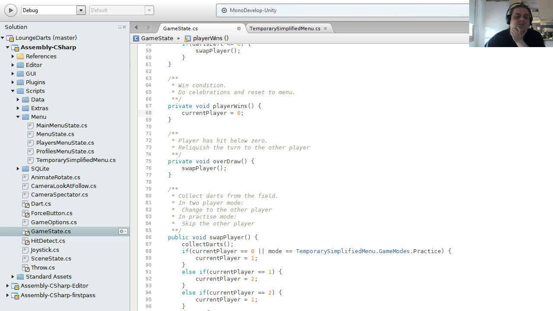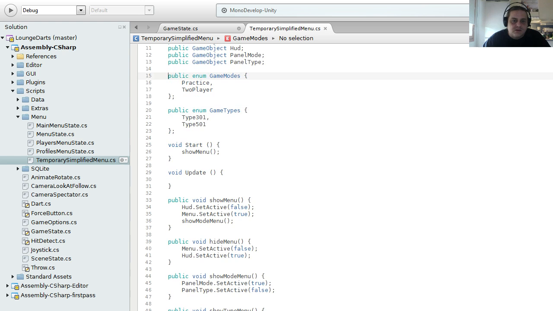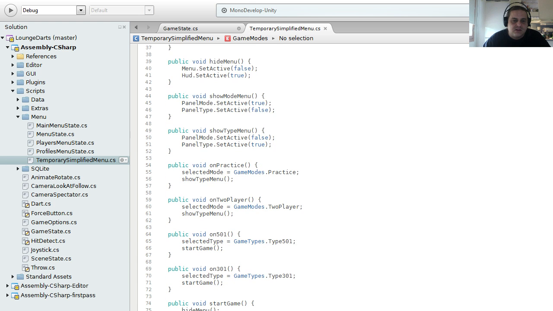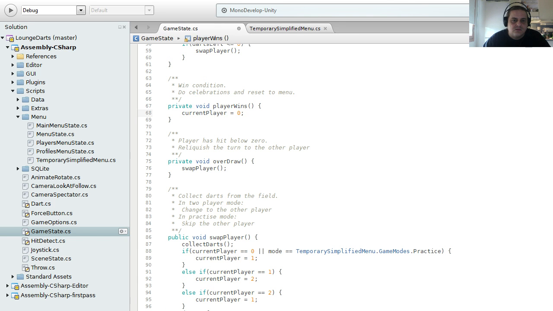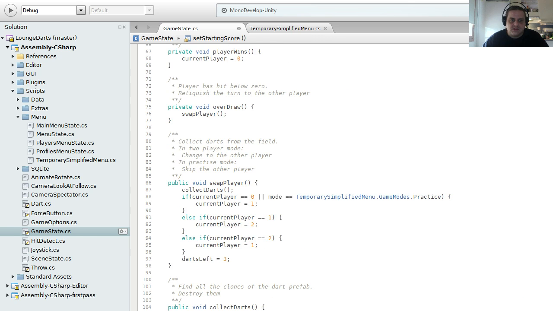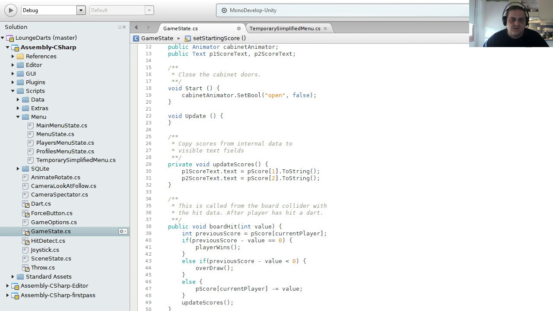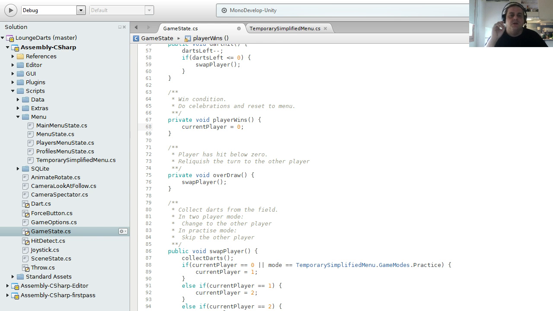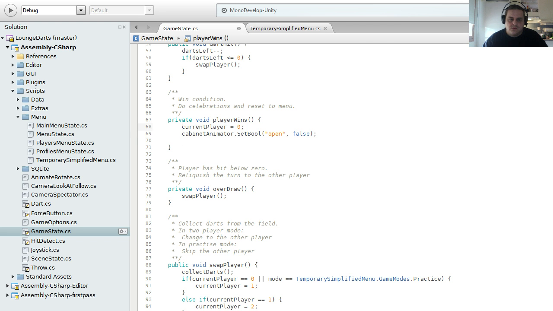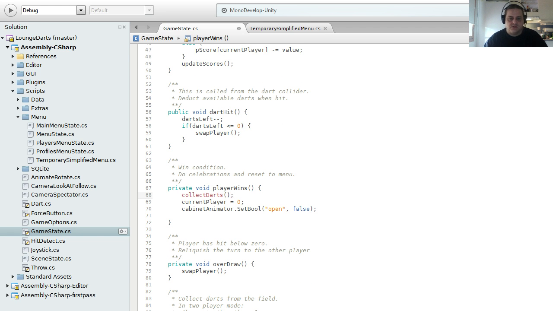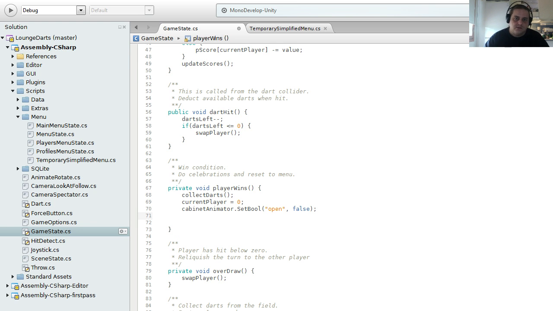Yeah, let me think. Let's have a look at the temporary simplified menu. Start, show menu, and that's public. Is there anything else that could go wrong? No, I don't see a reason why there would be any kind of problem there. So let's just close the cabinets and let's see, cabinet animator, player wins. So we will set the current player to 0. Oh yeah, maybe we should also do the collect darts here first. Okay, collect darts, current player is 0, close the doors, and then we need a reference